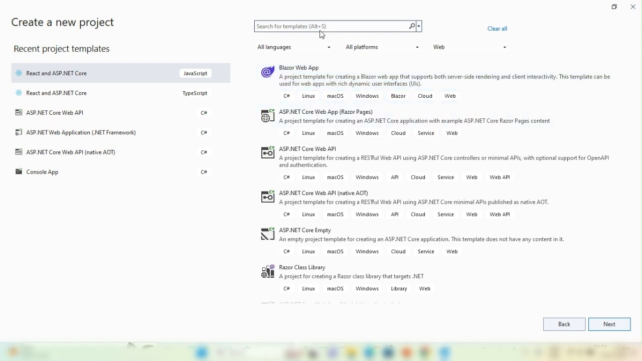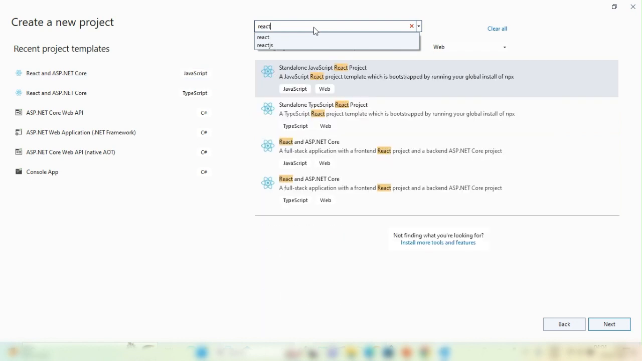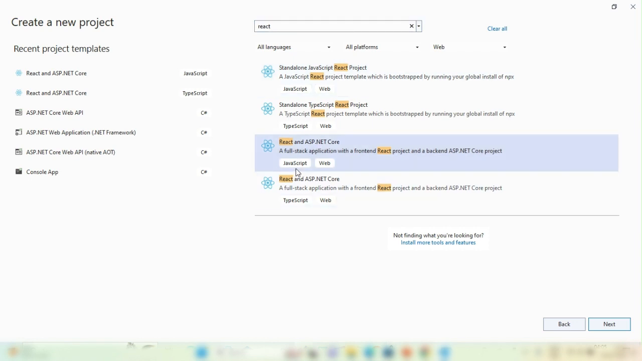So how can we create it? Let's search for React over here. If you search React, you can see a few options: standalone ReactJS for JavaScript or TypeScript, and ReactJS with ASP.NET for JavaScript or TypeScript. I want to create a ReactJS project integrated with ASP.NET Core, and that should be a JavaScript project. So if I click next,